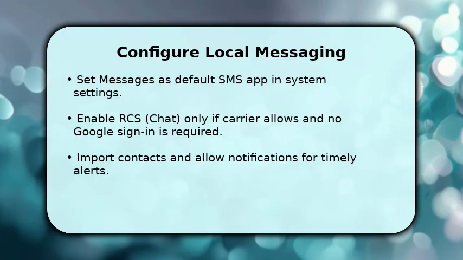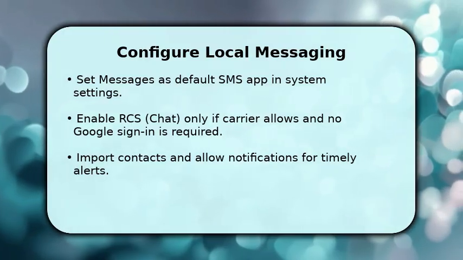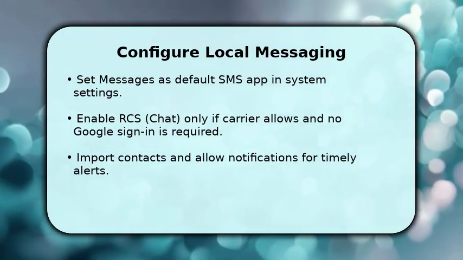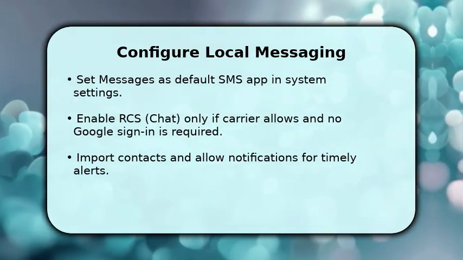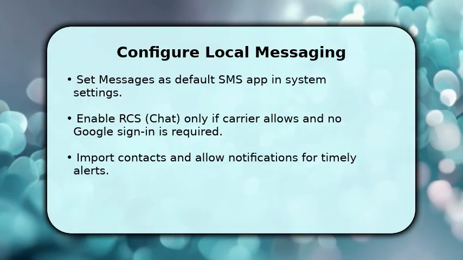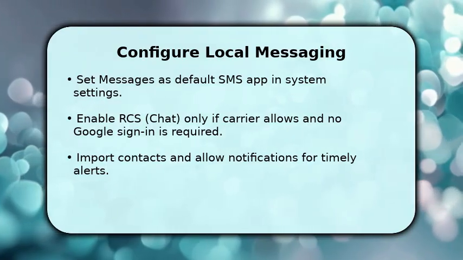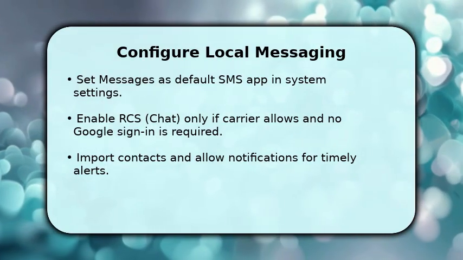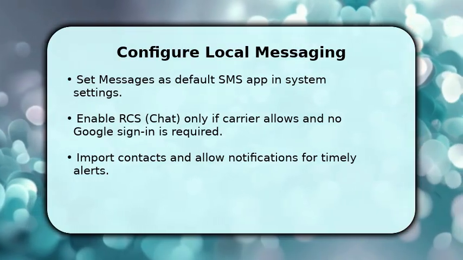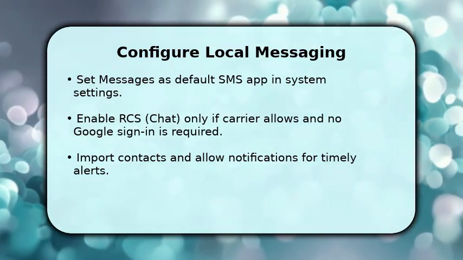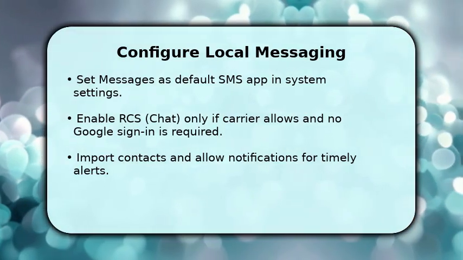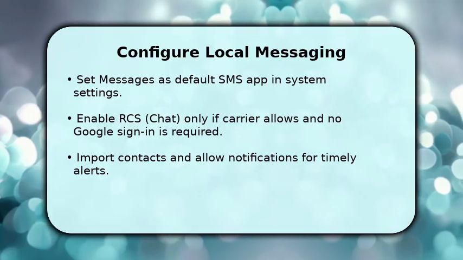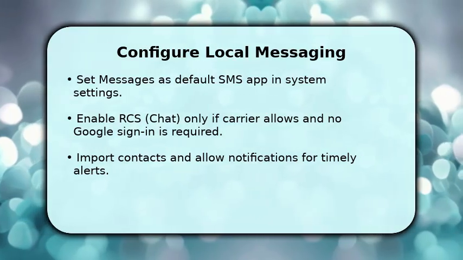Now configure messages to work locally. Set it as the default SMS app when Android asks, or via Settings, right arrow, Apps, right arrow, Default apps. If your carrier supports RCS chat, enable it in messages settings. Know that some RCS features may need a Google account, so proceed only if the app lets you enable carrier RCS without signing in. Make sure contacts are imported from the phone SIM or device storage, and allow notifications so